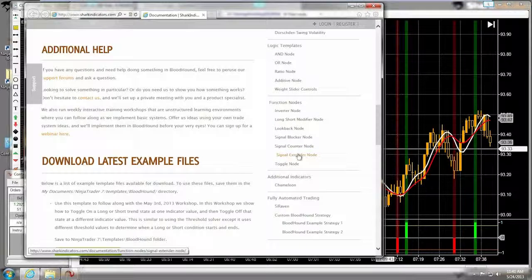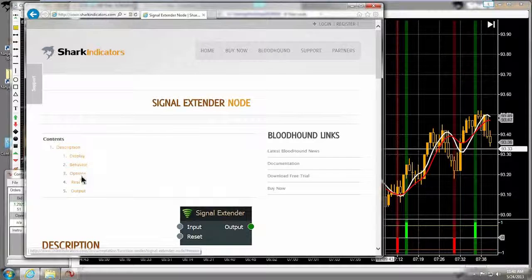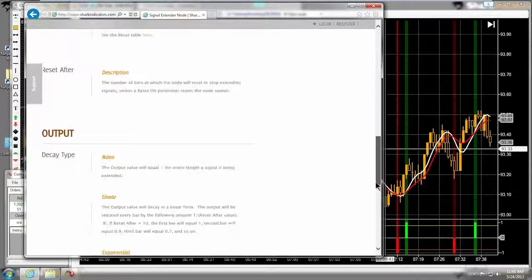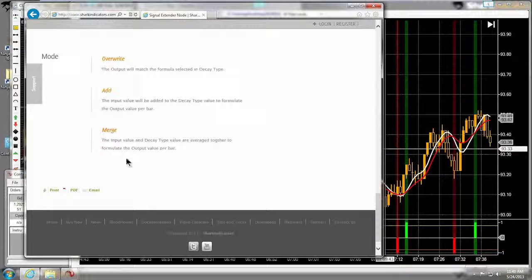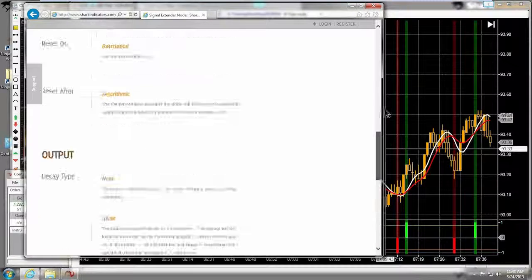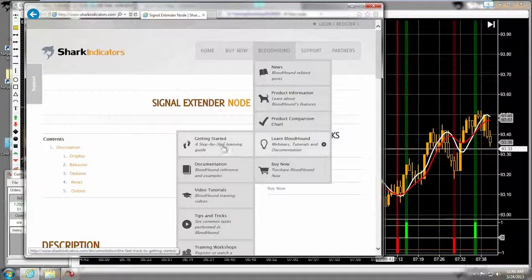If you're interested in the signal extender, I still have plans to edit this page so I can put the workshop video on this page as a little convenience for you guys. But in lieu of that, for now, if I go to the training workshops down here,